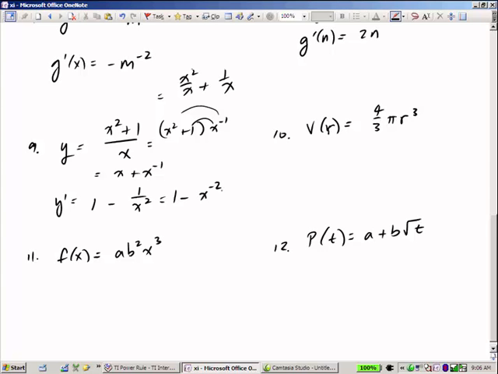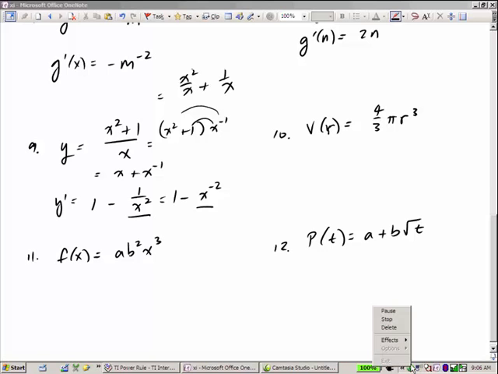Tricky, right? How do you get there? Exponent out in front, negative 1. Decrease the exponent by 1, negative 2, right? How would your Algebra 2 teacher write it? Like that. All right. So you need to